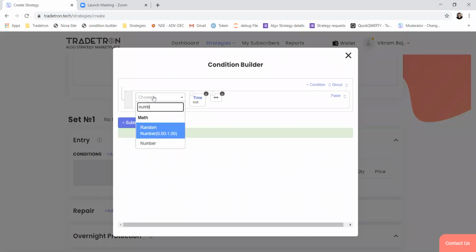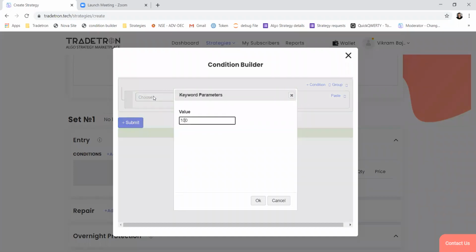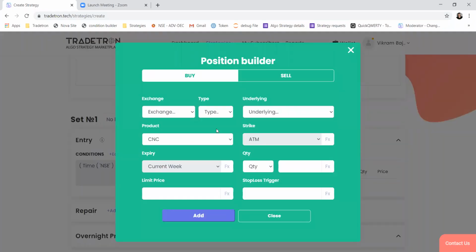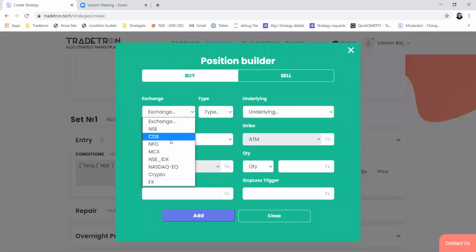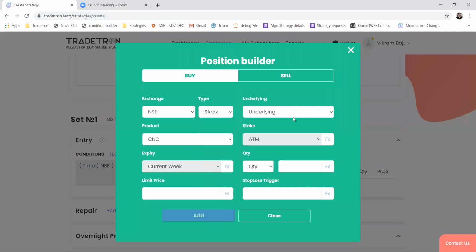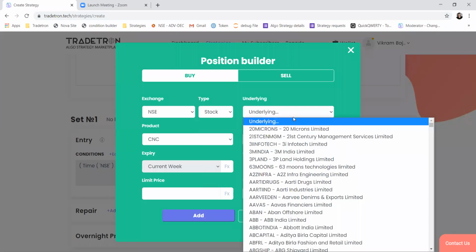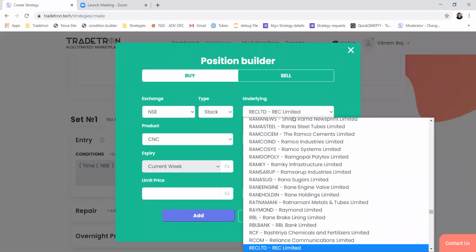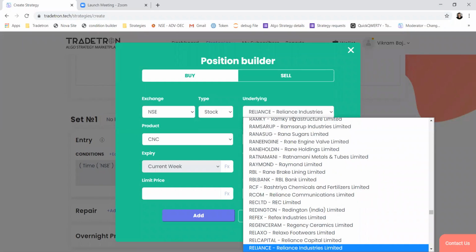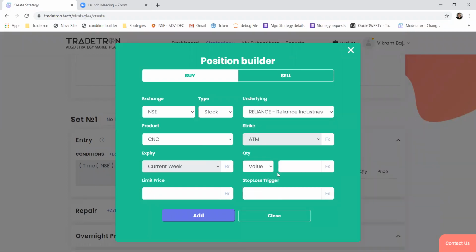10 a.m. So at 10 a.m., let's say I want to start with this month, and I'll add a few stocks like, let's say, Reliance worth 20,000.